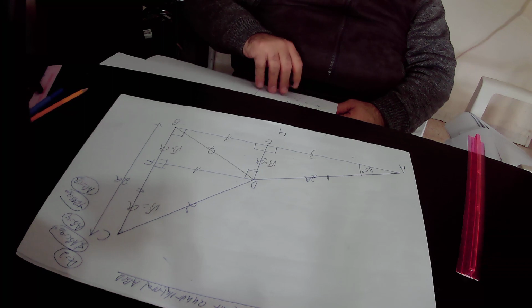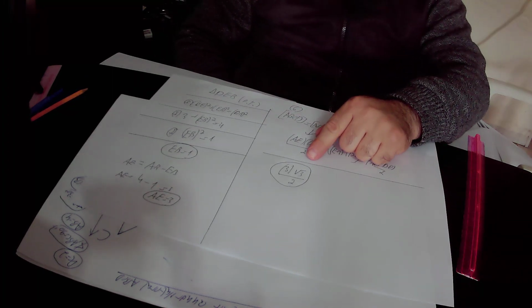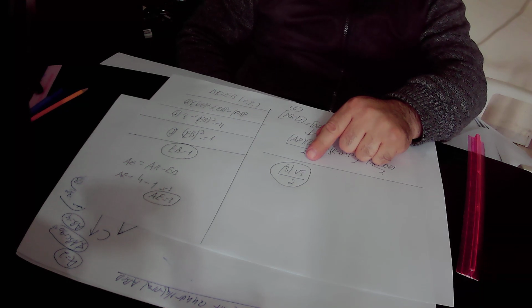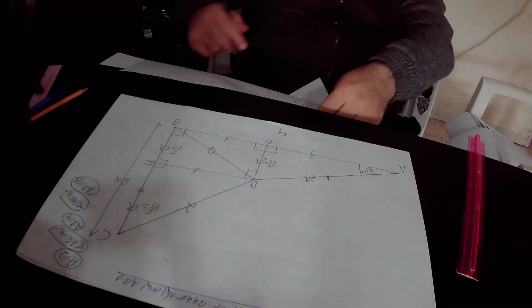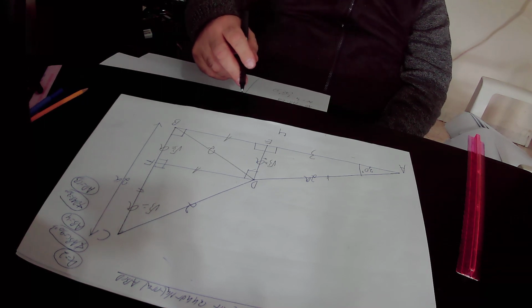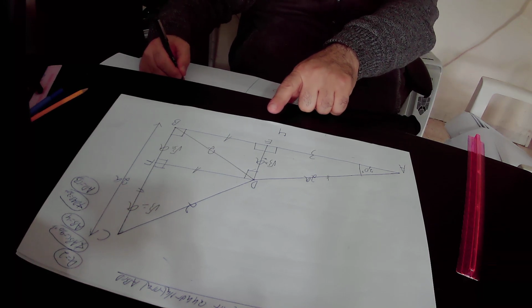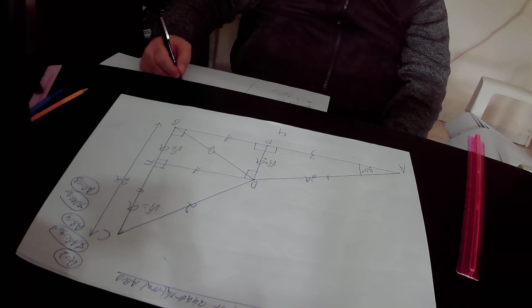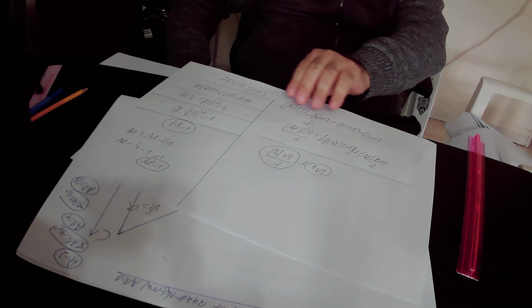So we found that the area of triangle ADE equals 3 times 3 units over 2, plus the area of rectangle DFEB. The area of rectangle DFEB equals EB, which is 1, times DE, which is 3 units. So the area of rectangle DFEB is equal to 3 units, plus